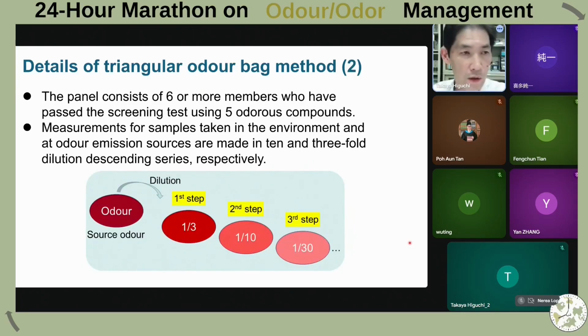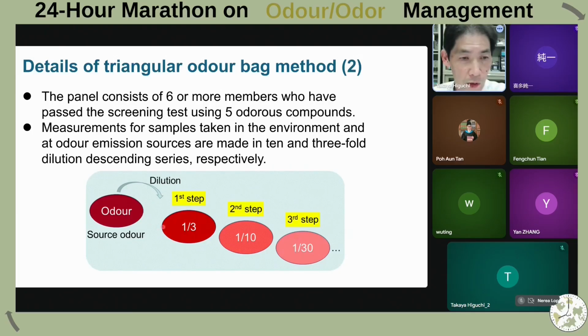In this method, the panel consists of 6 or more members who have passed the screening test using 5 odorless compounds. Measurements for samples taken in the environment and at odor emission sources are made in 10 and 3-fold dilution descending series respectively. As you can see in this figure, in case of source odor, the odor sample is diluted in